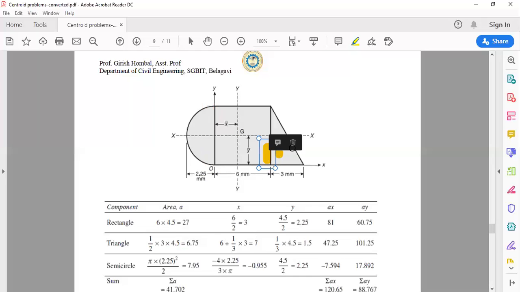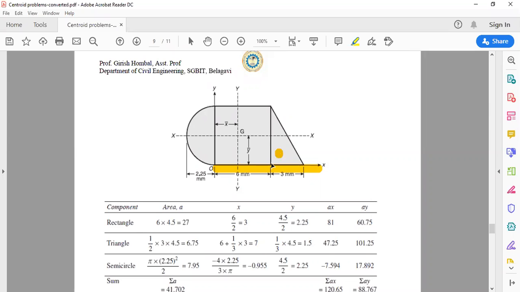Y bar for the triangle. For y bar, the distance is to be measured from the x-axis, so the distance between the x-axis and this centroid. Now we can see that this x-axis is in touch with the base of the triangle. So we are going to measure the distance from the base of the triangle to the CG,